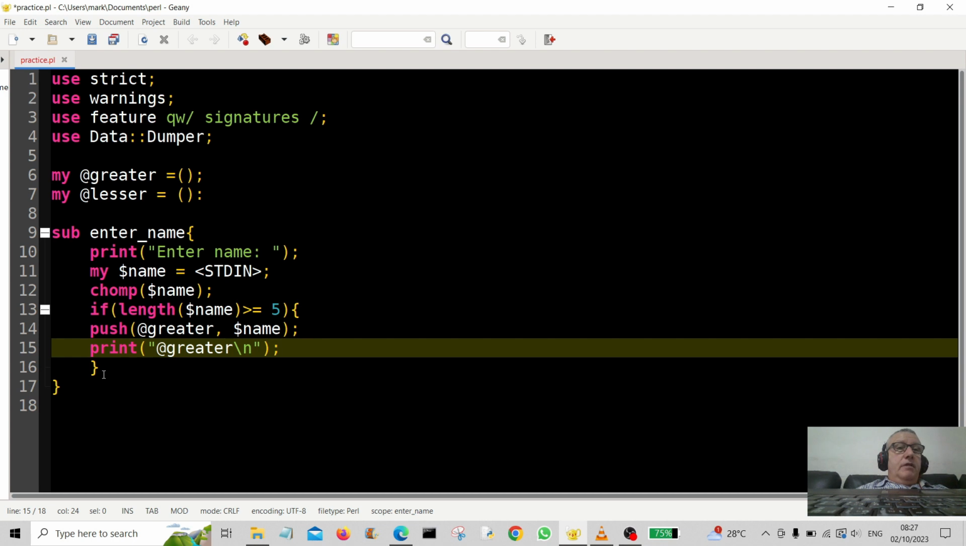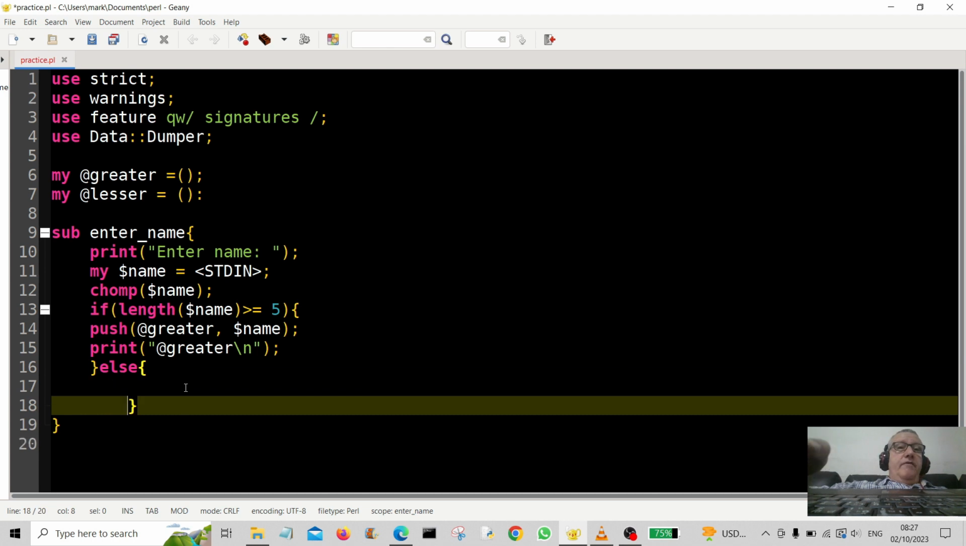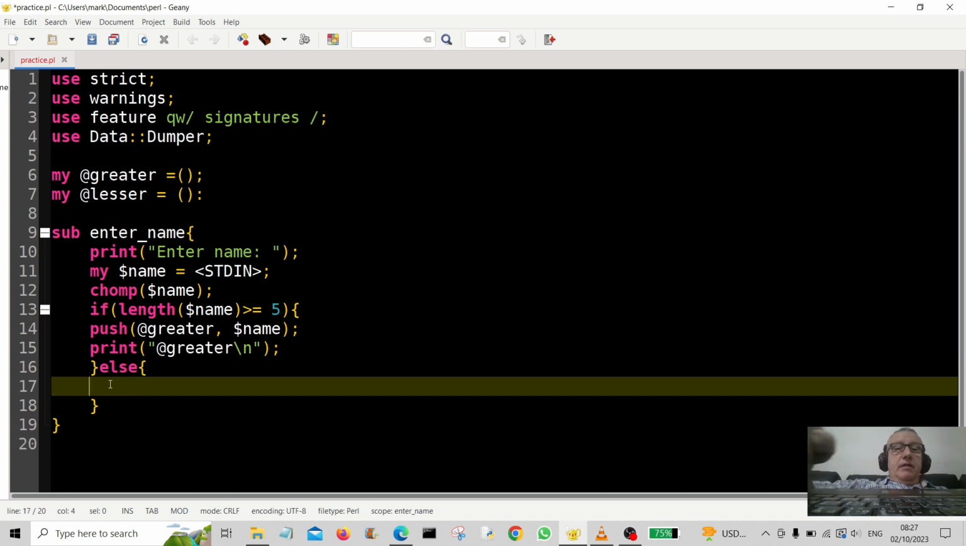Right, and here we come to the else statement. So else, so what happens if this name is less than 5? Okay, so if it's less than 5, we print a message to the user. Print name is less than 5,